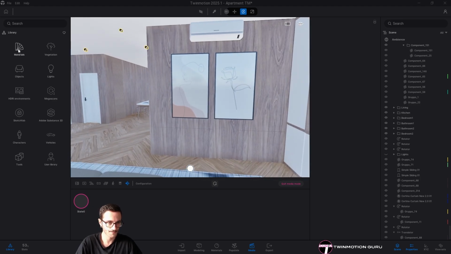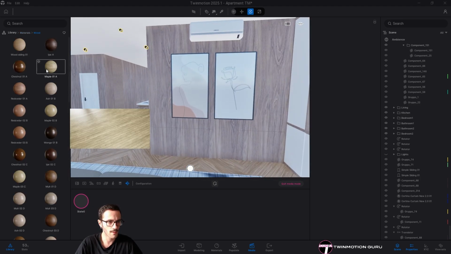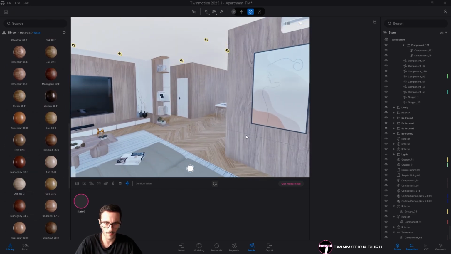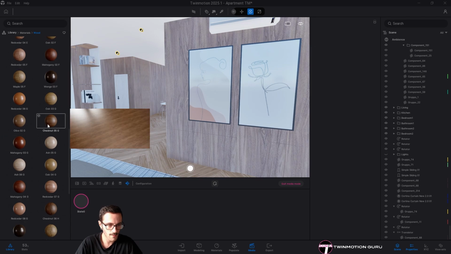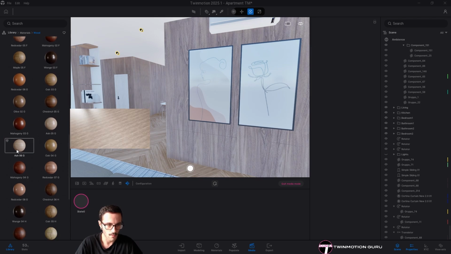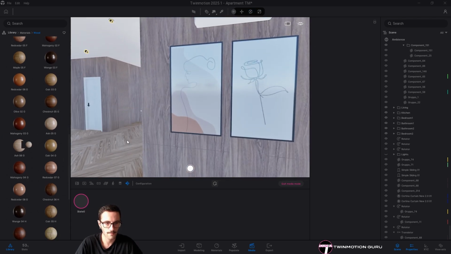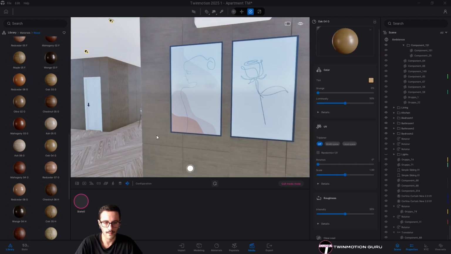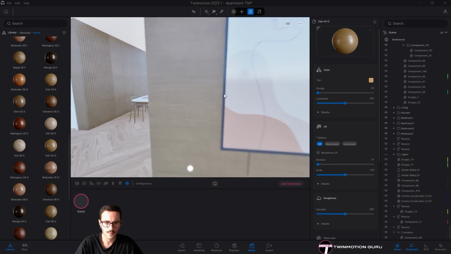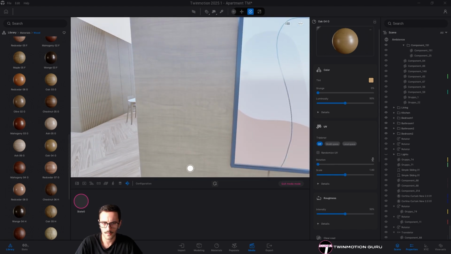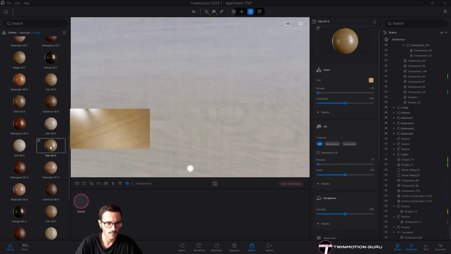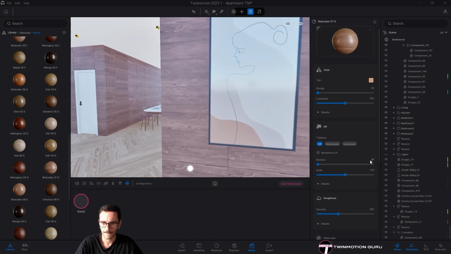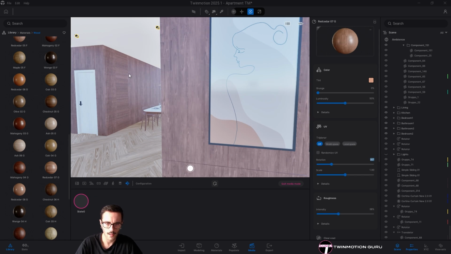Let's see how. Maybe you go there. I'm changing all the wall materials, so maybe I don't know, maybe something like that. No, this is the same material. Yeah, something like that. And then let me just change it a little bit. This is not something I really like. Yeah, maybe this one. Rotating it 90 degrees.